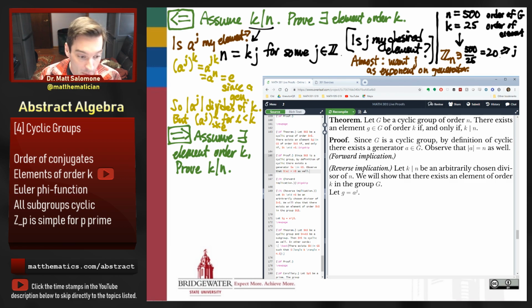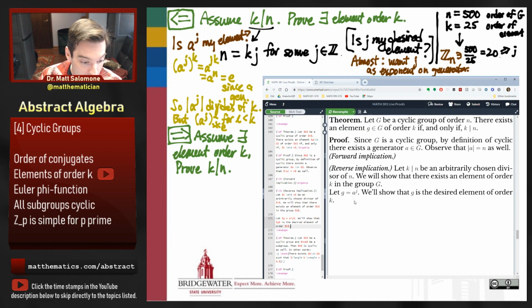Okay. So now we know what A is, and we can use that in the reverse implication proof down here at the bottom. Let G equal A to the power j. So now let's shift the burden of proof. We'll show that G is the desired element of order k. Uh-oh. But in addition to A being a surprise symbol, J was also a surprise symbol. So I have to look back at my napkin and ask myself, where did J come from? J came from this division that happened over here. J came from this unpacking of the observation that k divides n. So we need to put that ahead of my use of J as well.